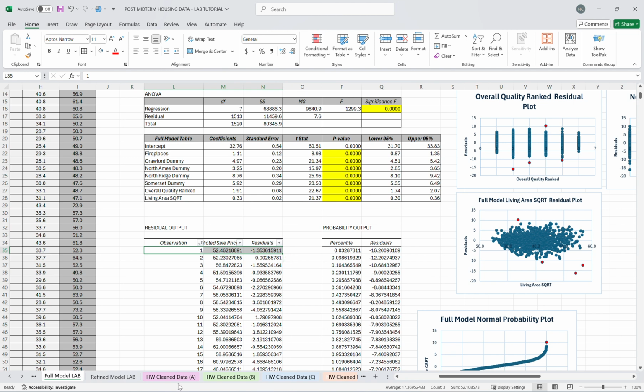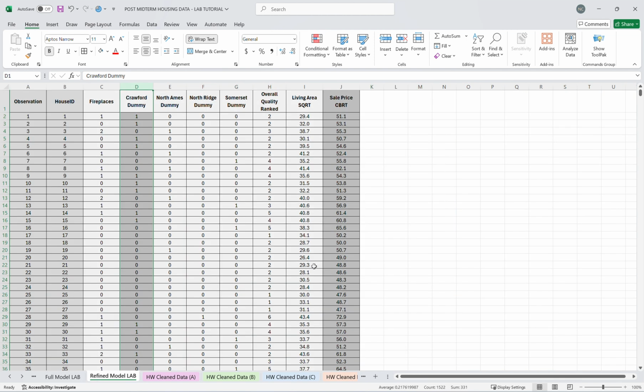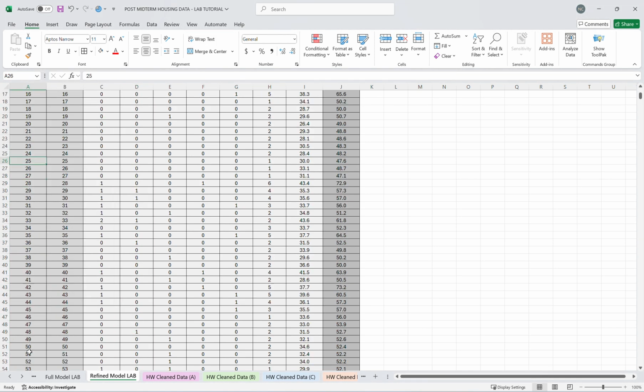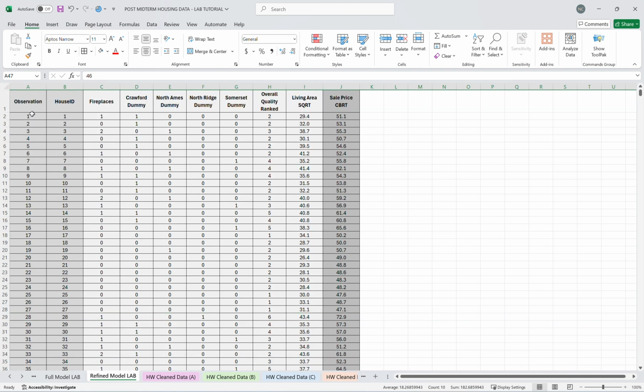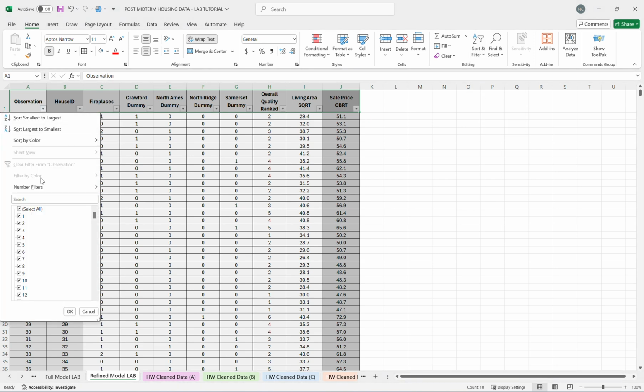We can proceed forward. All right, so we go to this refined model lab. Okay, and a quick way to delete these observations, you can go through and do them one by one, kind of sort down through, and then once you find observation number 46 here, highlight that and then click delete. The other way that we can do it, if we want to do it all at once, is put filter buttons on our data set. Okay, we're going to click on the little filter button for observation, and then we're going to uncheck select all, and then we'll just check those observation numbers